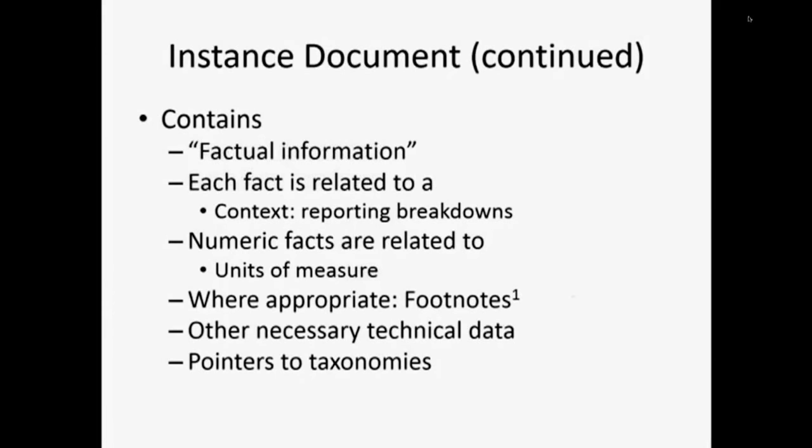So an instance document is a set of factual information. An instance document can be a single fact. It can be an entire traditional business report like a customer master file or a financial statement. It can even be an amalgamation of information from many sources. Now, each of those facts is associated with certain contextual information to help in interpreting. That includes pointers to the reporting organization, the time period of the reported fact, and certain reporting breakdowns such as the reporting segment or reporting scenario. Numeric facts are associated with an explicit unit of measure, so you know whether something's in feet or meters, in US dollars,